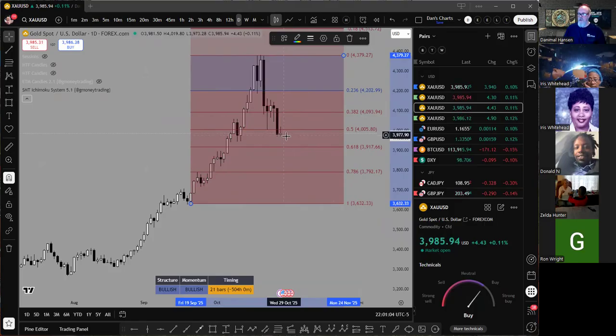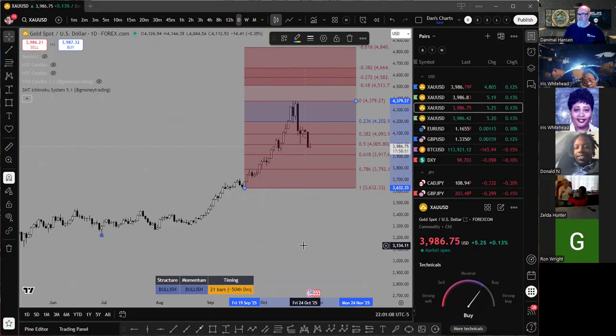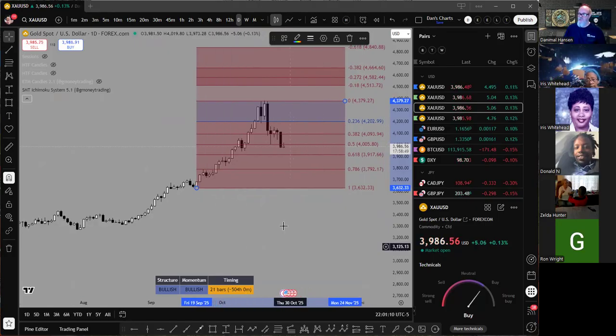So that's where the 1, 2, 3 strategy comes in. And again, it's a different time frame. So we already broke this low. So can we test the 786 or the 618? That will be the test. Will it break those levels? So the next level I'd be looking for price to get to is